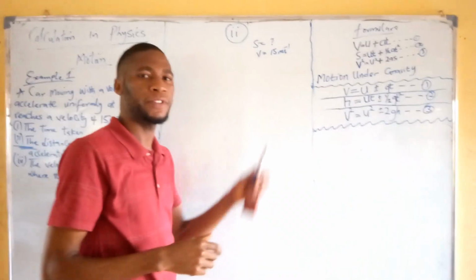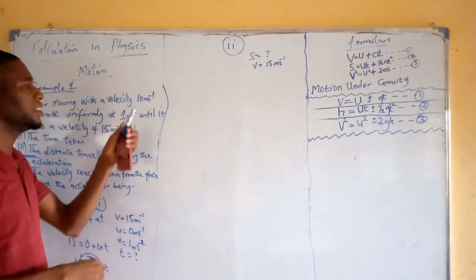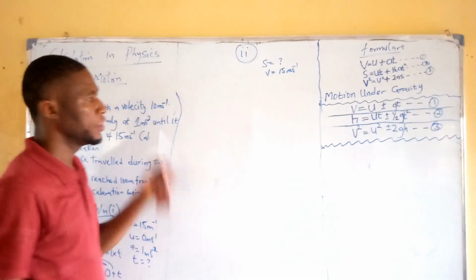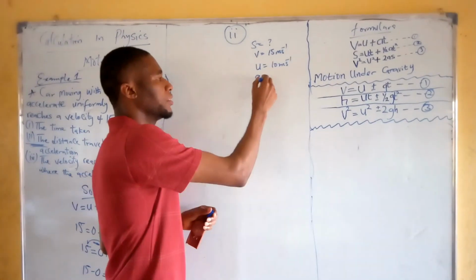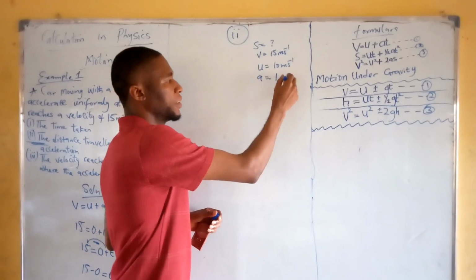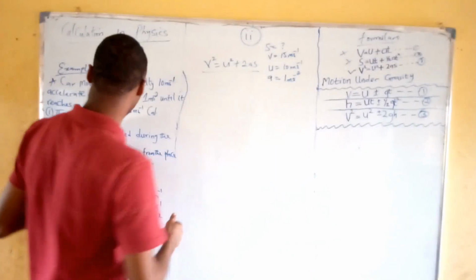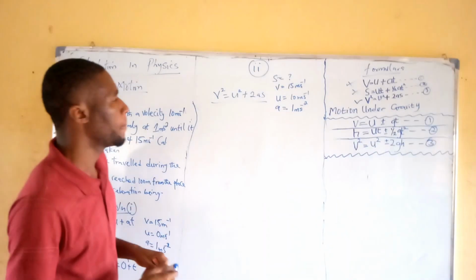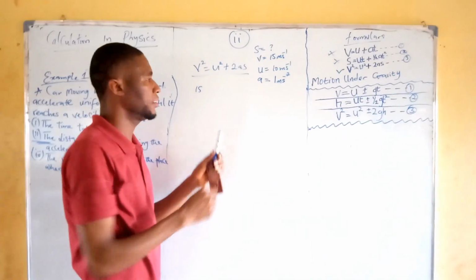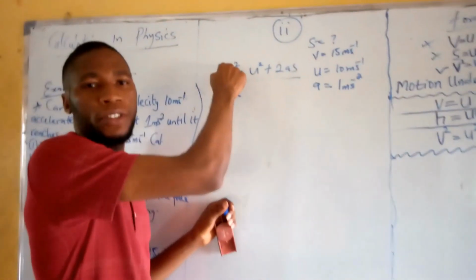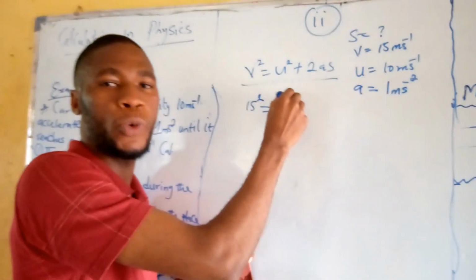The initial velocity here is 10 meters per second, and the acceleration is 1 meter per second square. This is the equation for calculating the distance traveled. So v is given, which is 15. The 15 square is equal to u, which is 10 square,